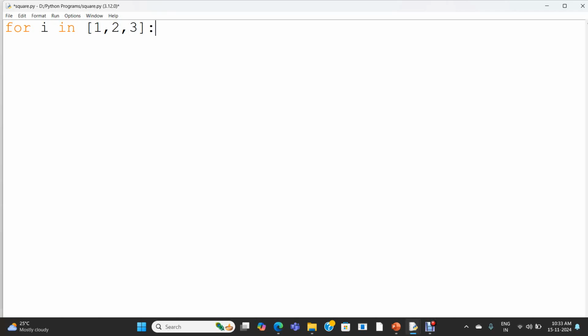loop. To write something in the loop body, you have to give an indentation. This stands for the statement which is indented or in the scope of the for loop. Here I am writing print